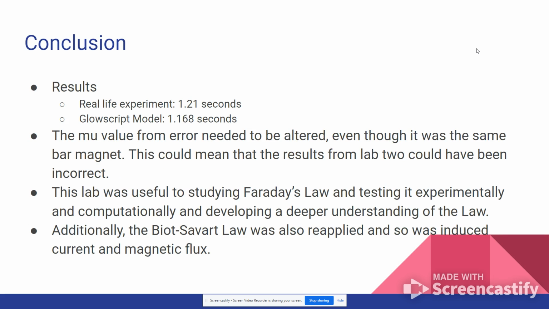The results of this lab were that it would take 1.21 seconds for the bar magnet to fall through in real life, and in the GlowScript model it took 1.168 seconds. The mu value could have been a possible source of error and needed to be altered because it was from Lab 2. It was 2 amperes times meter squared, but this didn't work according to the data, and I changed it to 5. Additionally, this lab was useful in studying Faraday's law and testing it experimentally and computationally in developing a deeper understanding of the law. And other laws that were used included the Biot-Savart law and the